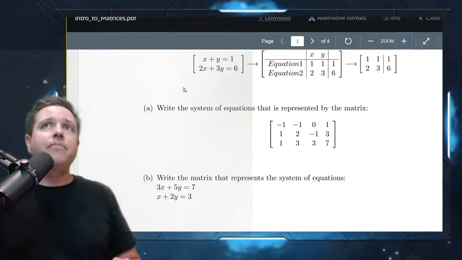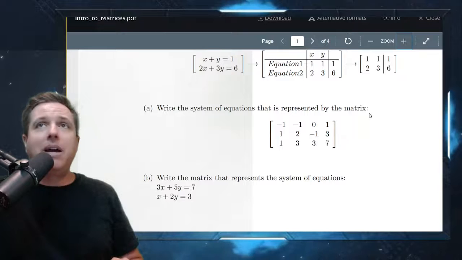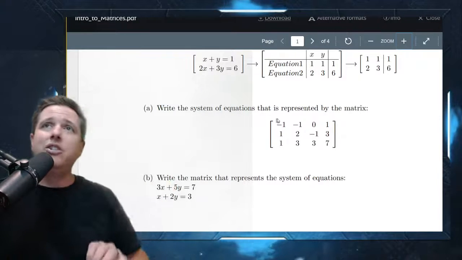So let's say we wanted to write the system of equations that is represented by this matrix. Especially if you're new, you kind of go, oh yeah, isn't there like a pretend line right here where the equal signs go? And each,